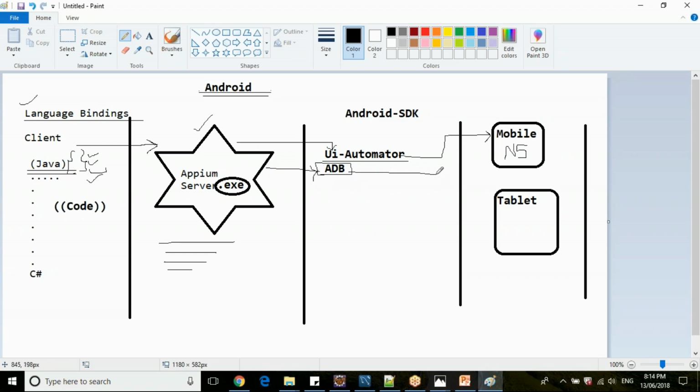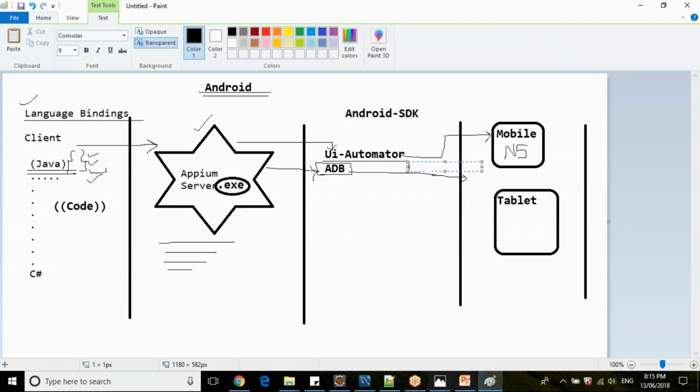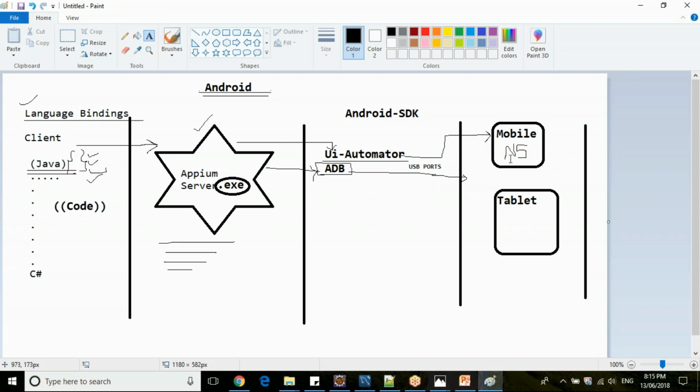Android Debug Bridge will check your computer's USB ports, whether any devices are connected or not. Once this Nexus 5 device is detected successfully with Android SDK, I will show you how to configure this Android Debug Bridge and check whether the device which you connected to USB is available with Android SDK or not. We'll discuss that in detail.